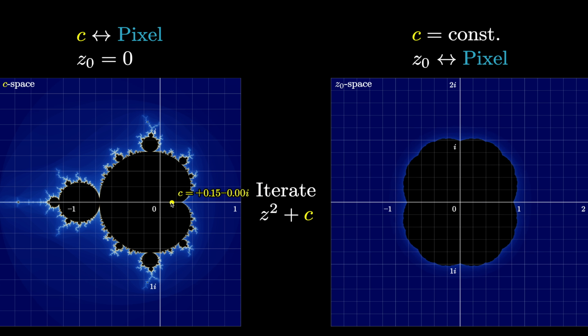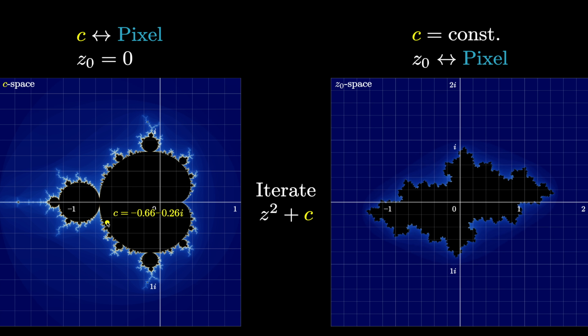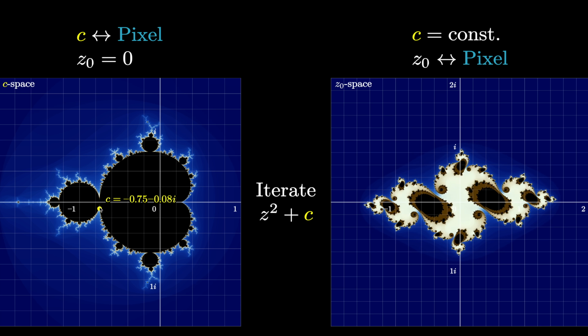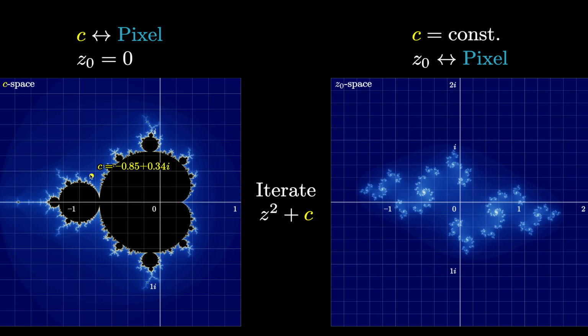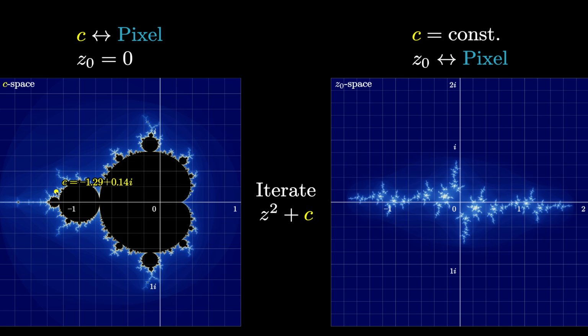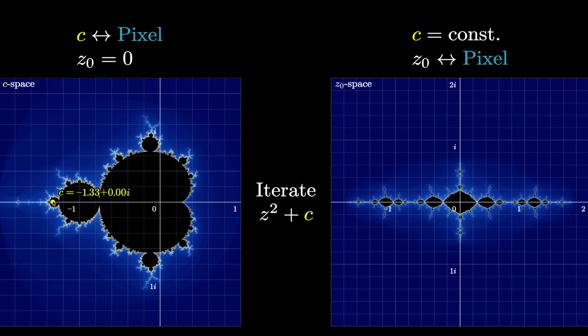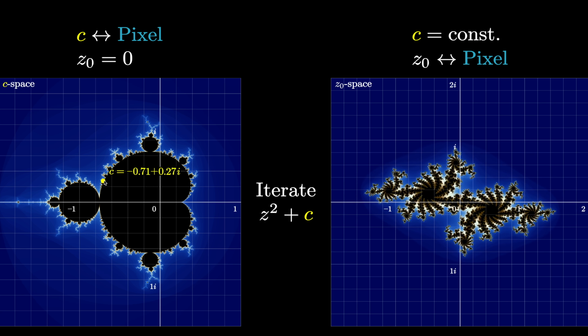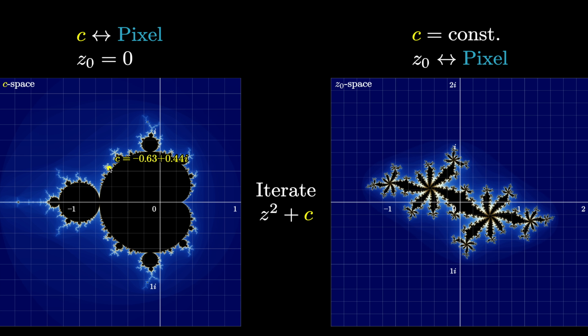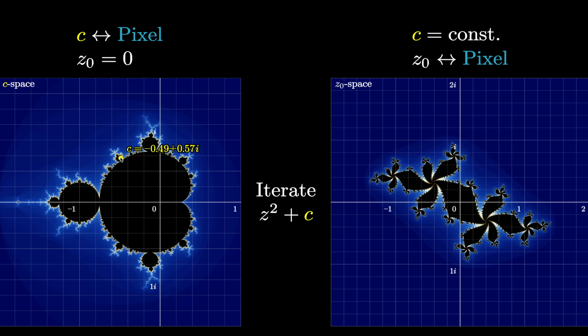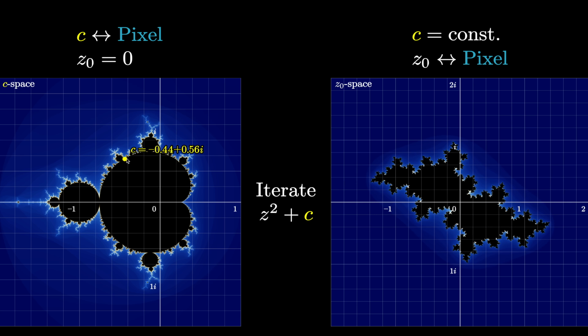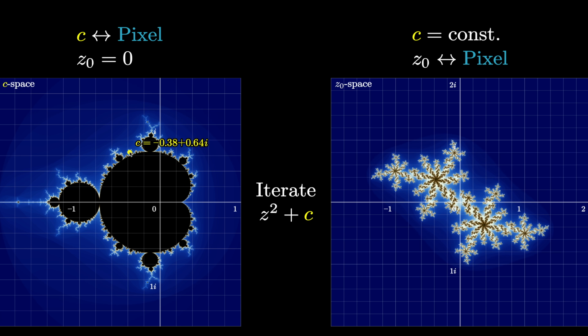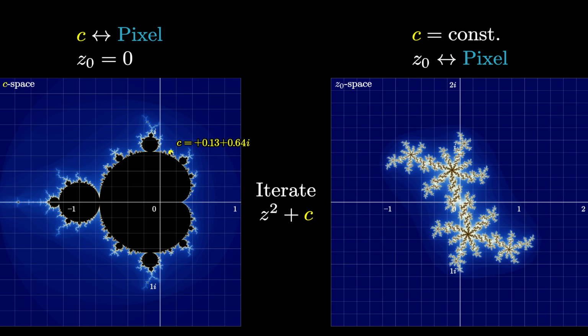And again, just to be clear, the rule being applied is that we color pixels black if the process remains bounded, and then apply some kind of gradient to the ones that diverge away to infinity based on how quickly they diverge to infinity. In principle, and it's kind of mind-warping to think about, there is some 4-dimensional space of all combinations of c and z naught, and what we're doing here is kind of looking through individual 2-dimensional slices of that unimaginable pattern.